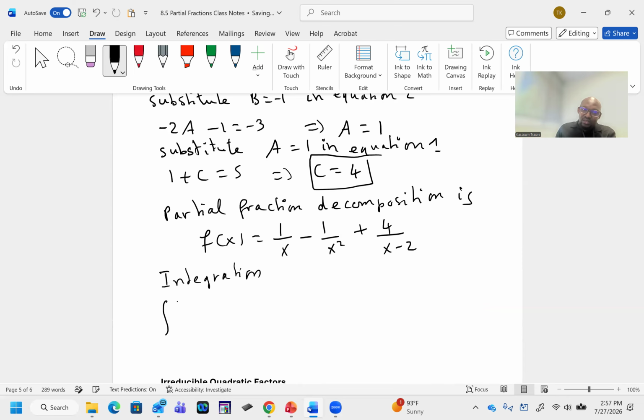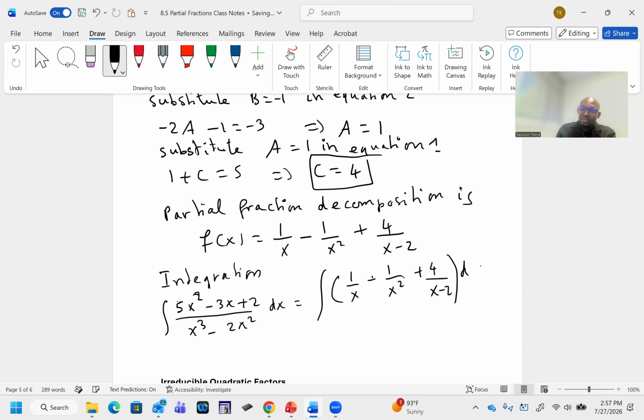So to integrate 5x squared minus 3x plus 2 divided by x cubed minus 2x squared dx, it will be the same thing as integrating what? 1 divided by x, minus 1 divided by x squared, plus 4 divided by x minus 2 dx. So which would be, again, ln of absolute value of x, minus ln of